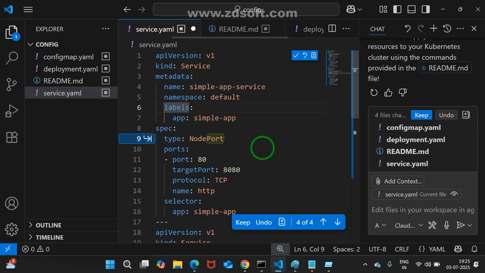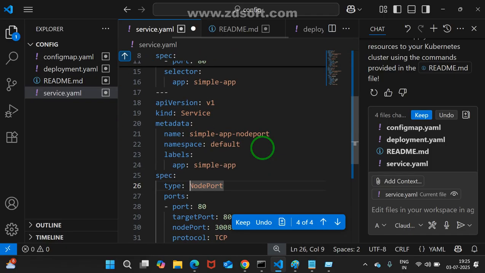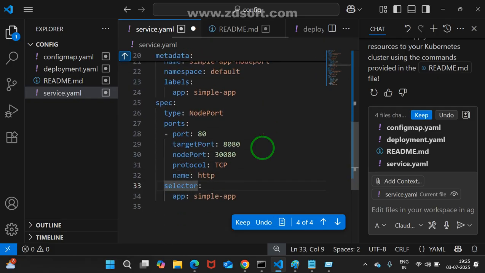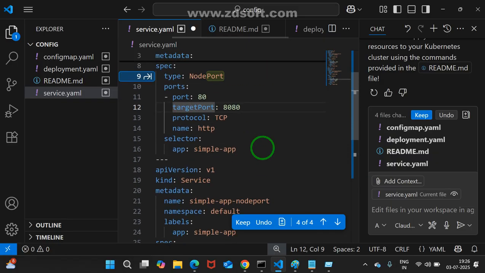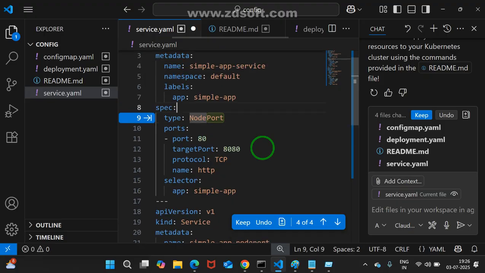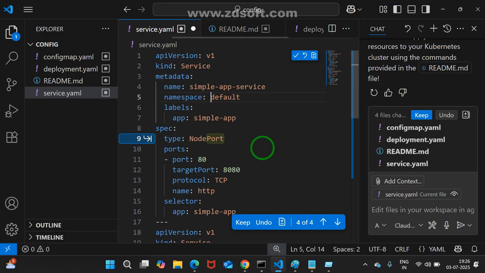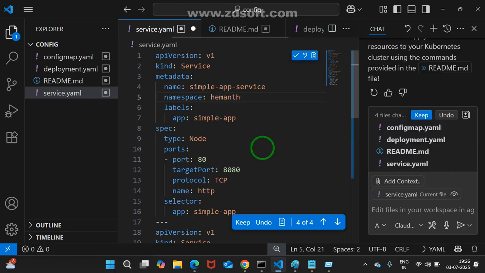I think this is the service object. Where is the deployment object? One more service they are taking, here they are taking NodePort also. They are taking two different ones. By default, this one they took. What is the namespace according to our scenario? Hemanth, right?